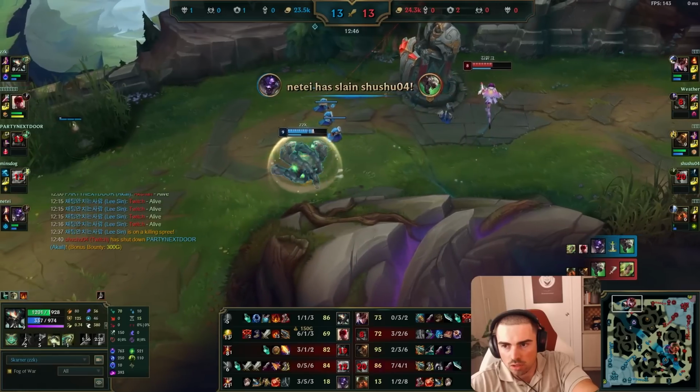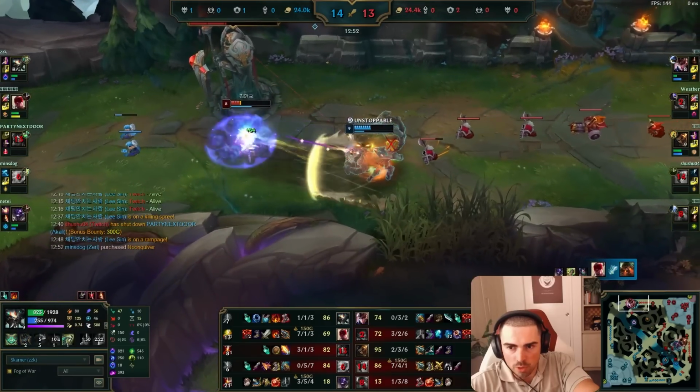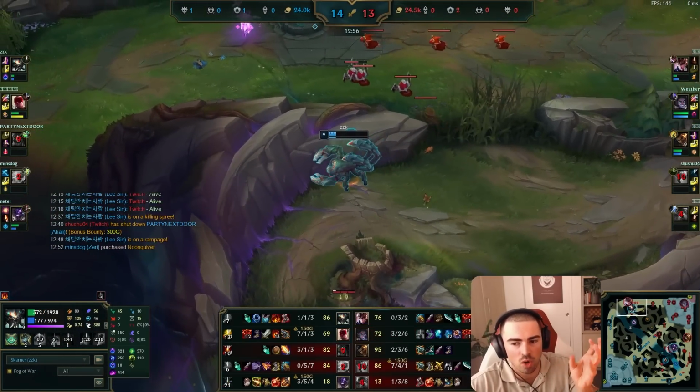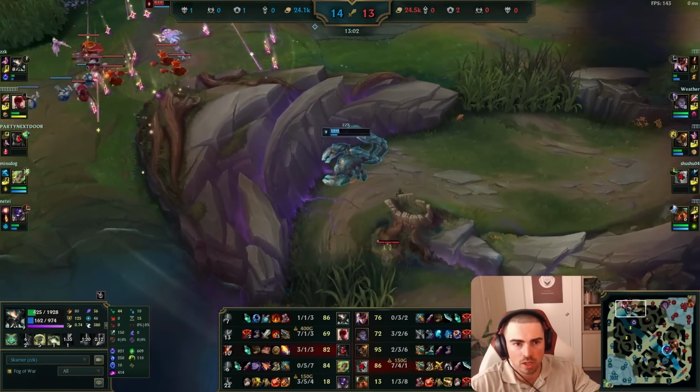Gouge them, Valor. W doesn't land. E. W. Ult. Flashed. Do you see how that ultimate is pretty easy to react to? And now we're in a little bit of a pickle here. We need...